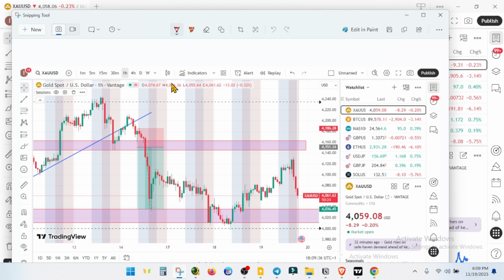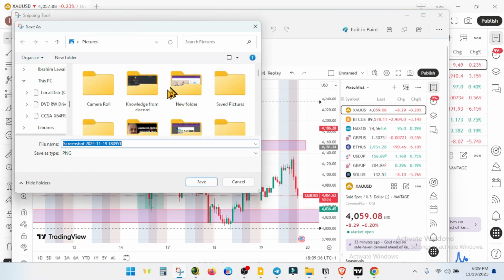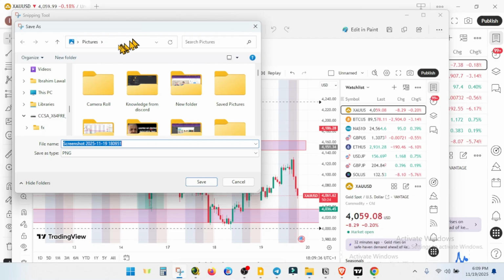Then you can save it, Ctrl S, and select the path that you save it to. Then you can go to the path. If it is in pictures, then you can send the screenshot to the person that you want them to have access,